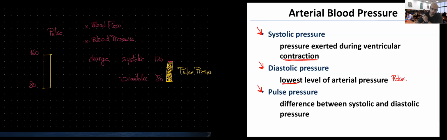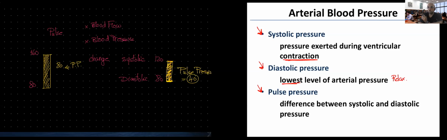Stronger. Why stronger? Because what I feel is the difference between systolic and diastolic. And what is the difference between systolic and diastolic here? It's equal to 80 millimeter mercury. This is the pulse pressure. How about normally? Normally it's the difference between 120 and 80. What I feel is 40 millimeter mercury. So the pulse itself is